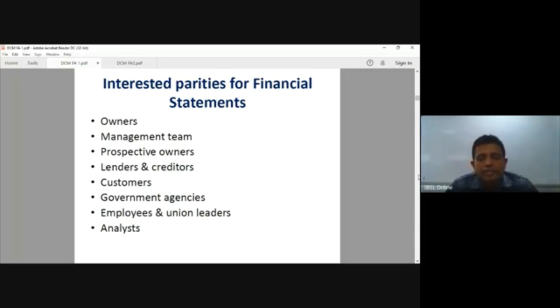Again, we are discussing the interested parties for a financial statement, or interested parties of a business. First one is the owners. Definitely, owners are interested in the financial statement because they want to know the profit or loss of the entity, whether the company is in a liquid position or a bankrupt position, solvent or insolvent. The owners have put money and effort in. At the end of the year, what is the final result? They need to know that, which is why they are worried about the financial statements.